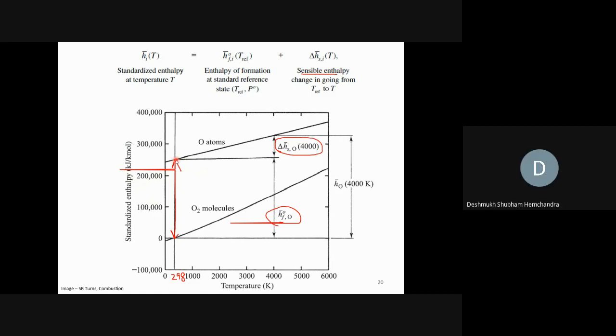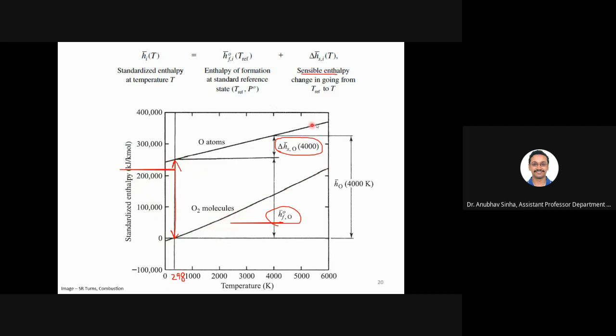Sir, it is atomic oxygen, not diatomic. Correct. So if you are talking about atomic, it is here. Okay, this will follow that curve. So enthalpy of oxygen will change with respect to temperature. Why is it changing? Because we are heating it to increase the temperature. So oxygen molecule will follow this path. Okay, this all is sensible heat. From here to this line, it is sensible heat. Heat is what we are using to raise the temperature. So this curve is for oxygen molecule.